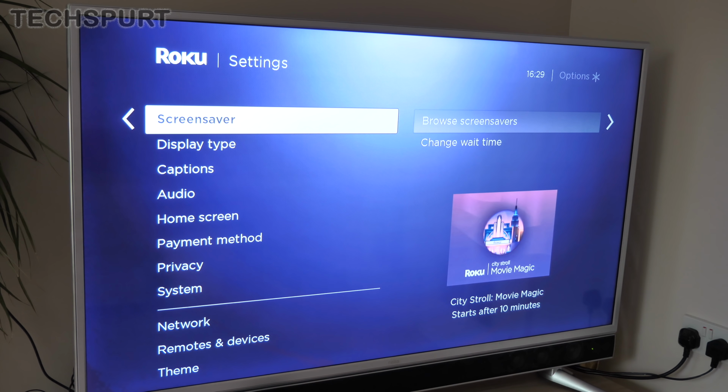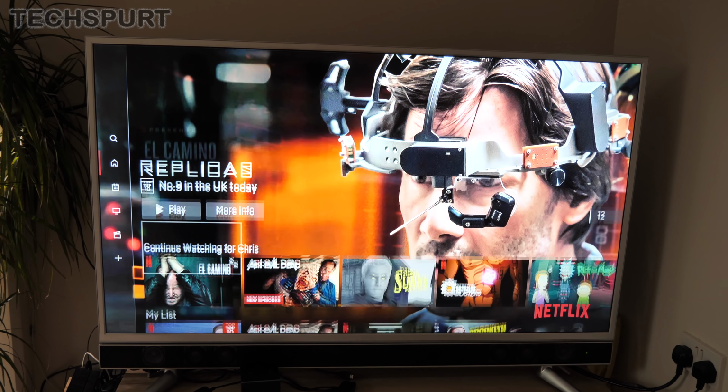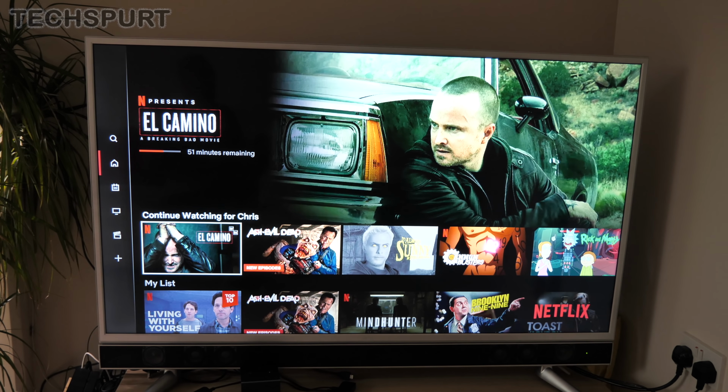Unfortunately, in Roku, there's not really much in the way of parental controls other than the ability to set up a PIN for payments, whereas you do get proper parental controls with both the Shield TV 2019 and the Fire TV Cube. Now, all 3 of these TV streamers, of course, offer the ability to stream up to 4K